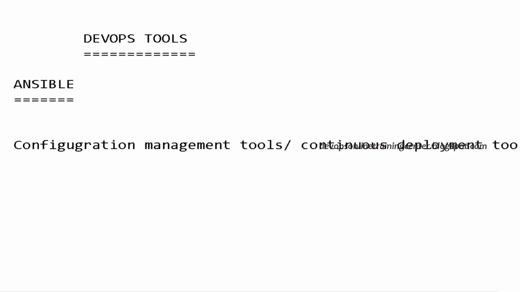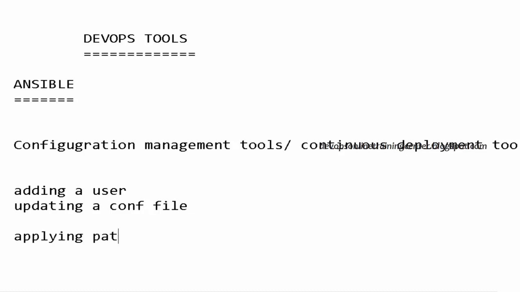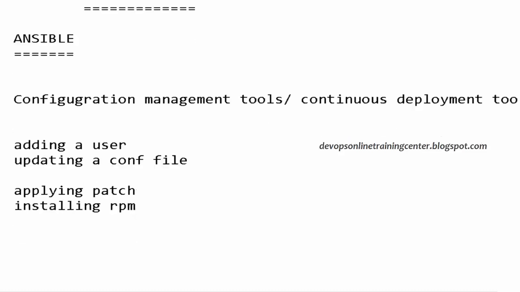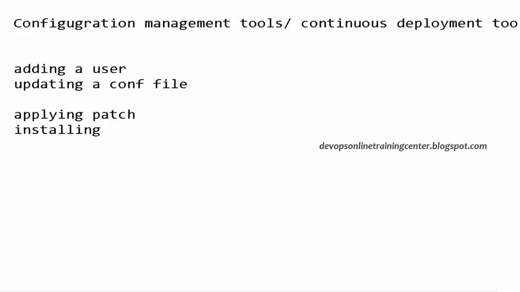So if you have hundreds of servers and you want to perform a small task, something like adding a user or updating a configuration file, or applying a patch, or installing or uninstalling an RPM, right? For these kinds of tasks we would need to manually log into each server using a tool like PuTTY. If it is 10 servers, it's fine. If you have 100 or thousands of servers, it's really difficult to log into each server and perform something,